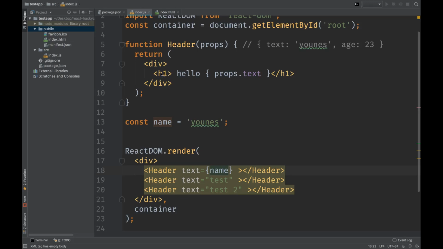Imagine, for example, Facebook. They have a comment. So they can create a component called comment, and the component will take the author, because if you see,